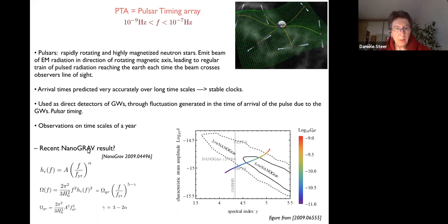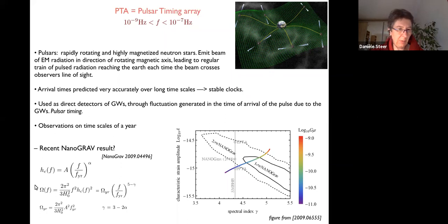So the recent result by the NANOGrav collaboration: here I haven't taken a plot from their paper, but from this other paper down here, which has to do with cosmic strings, which is why I preferred this plot. So what's on the different axes here? What they do is take this h_c, the characteristic amplitude, which we already discussed. They write it as A times some power f to the alpha,